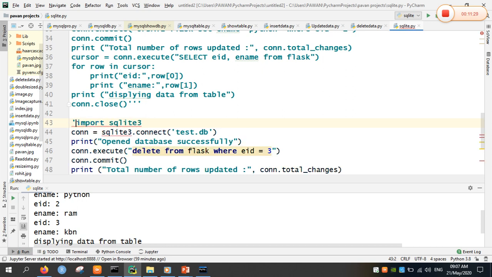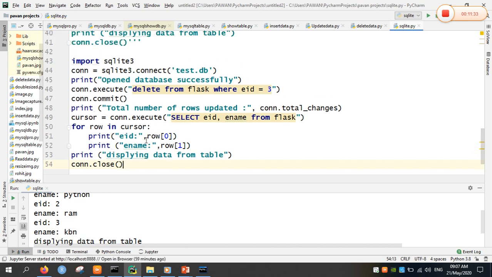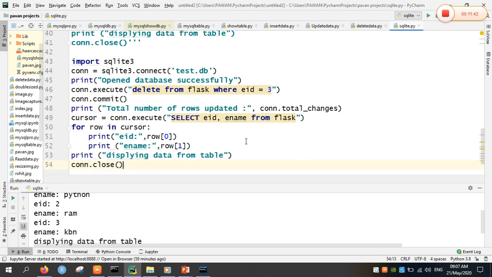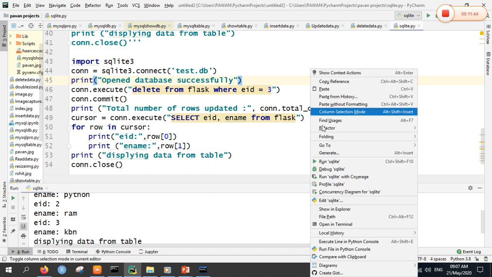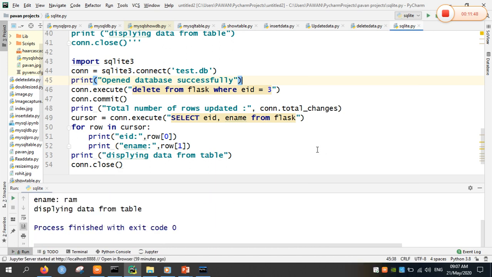Now the delete method. The delete method is the same as the update method. With delete from table name where EID equal to 3 using the execute method, I will perform the delete operation and I will print the updated rows also. Here total_changes is a default variable name in SQLite 3. That variable is called with the connection object, which gives the total changes in the database.